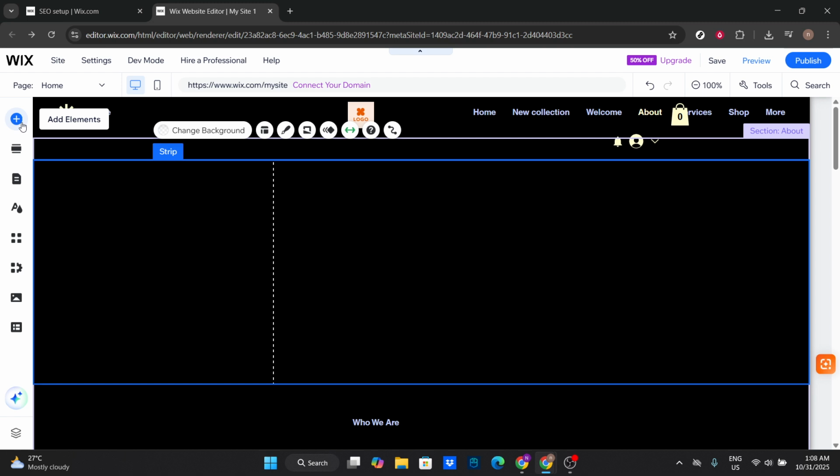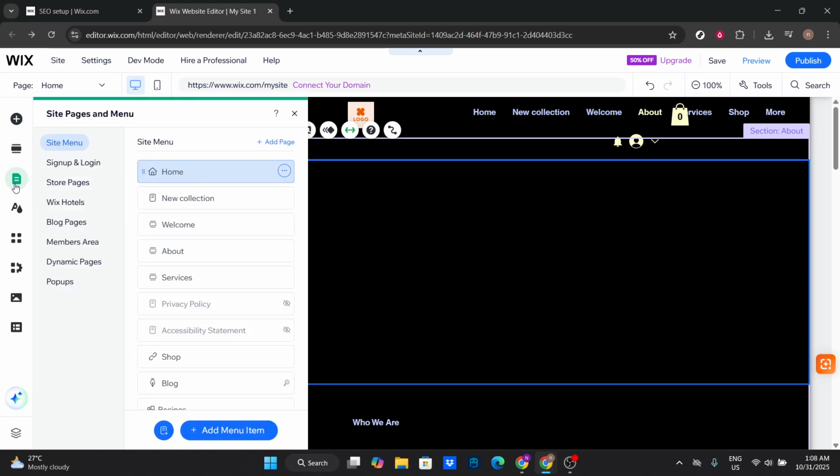Next, locate the Pages and Menu tab on the left side of your editor. This is your gateway to managing the different sections of your website. Clicking on Pages and Menu will present a list of all your current web pages. This area is essential for organizing your site's content and ensuring visitors can easily find the information they're looking for. Now, within the